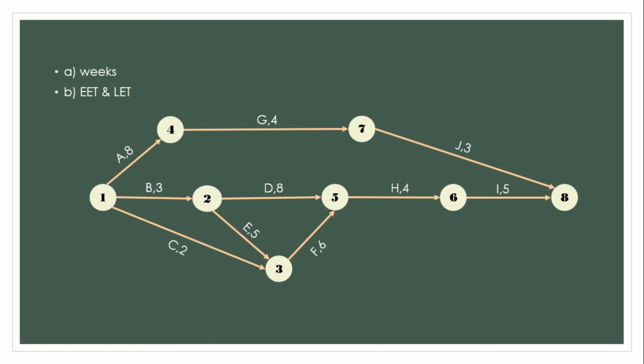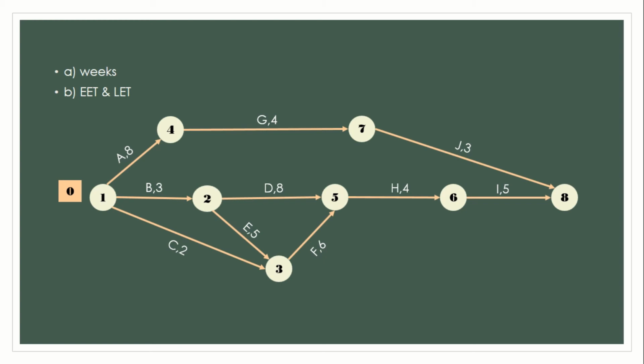For question B, we should compute the earliest event time and latest event time for each event in the network. For EET, we must calculate from left to the right. For event 1, we should put 0, and then we move to